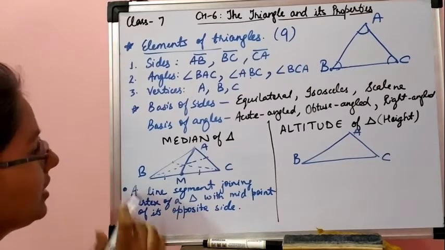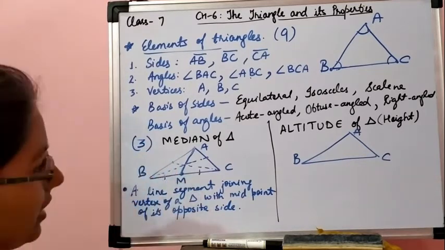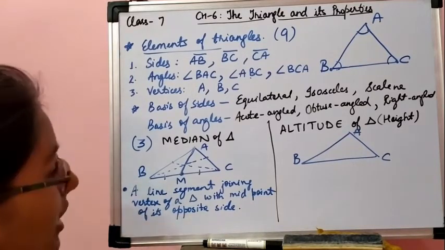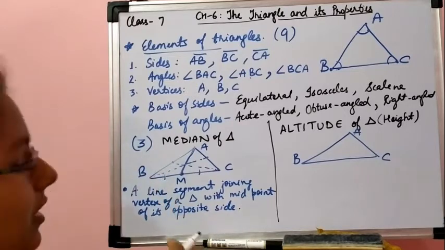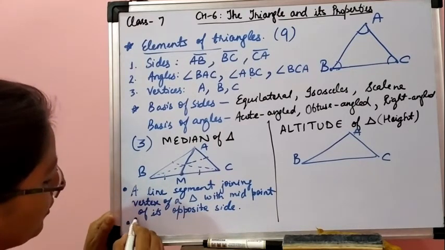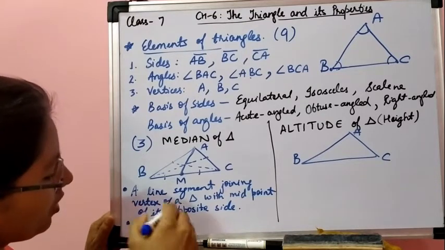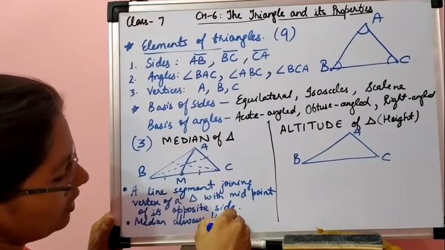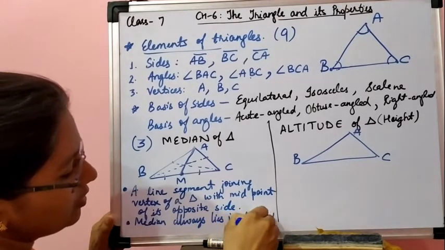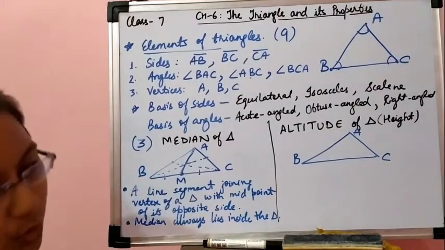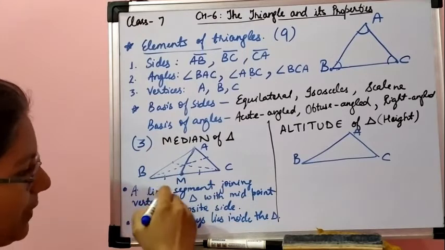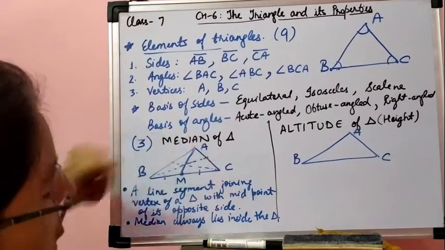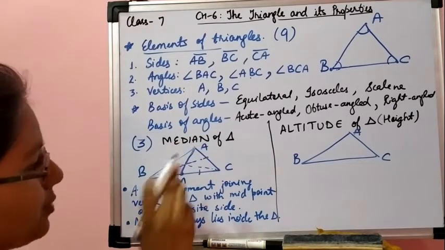And a triangle has three medians. That also you can mention. And another thing, that the median of a triangle always lies inside that triangle. Okay, I am writing one more point, that the median always lies inside the triangle. Okay, I hope median is clear to you all, कि मीडियन एक ऐसी लाइन सेगमेंट है. पहली चीज क्या है? लाइन सेगमेंट है जो कि ज्वाइन करके बनती है किसी भी वर्टेक्स को उसके अपोजिट साइड के मिड पॉइंट से. ओके, सो दैट इज मीडियन ऑफ ट्राइंगल.